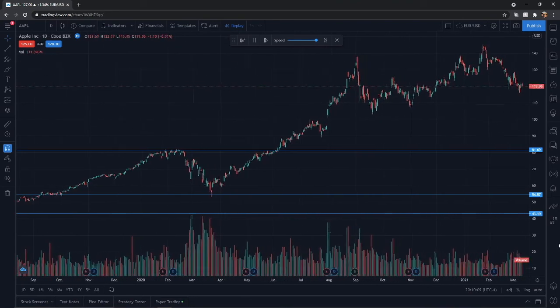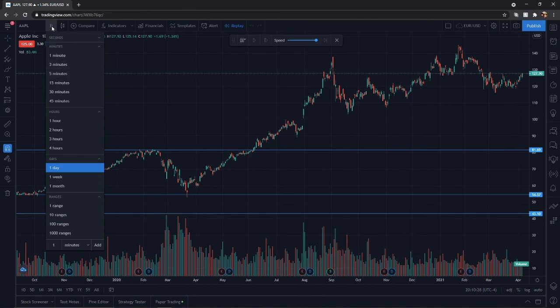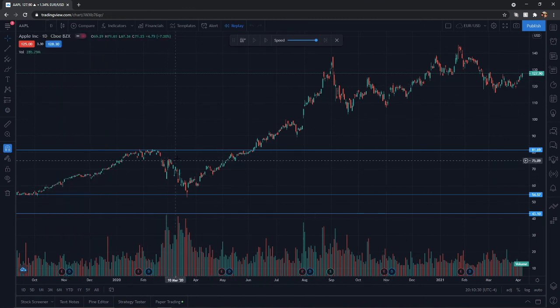But this is a really cool functional aspect of TradingView. This little replay feature up here. It's called a bar replay. Now, on the free version, they only allow you to do it on the 1-day candle. That's why I'm doing it with the 1-day. With their paid version, you could use it underneath a day time frame. You could use it with hours or minutes. You could do a lot of back testing this way.